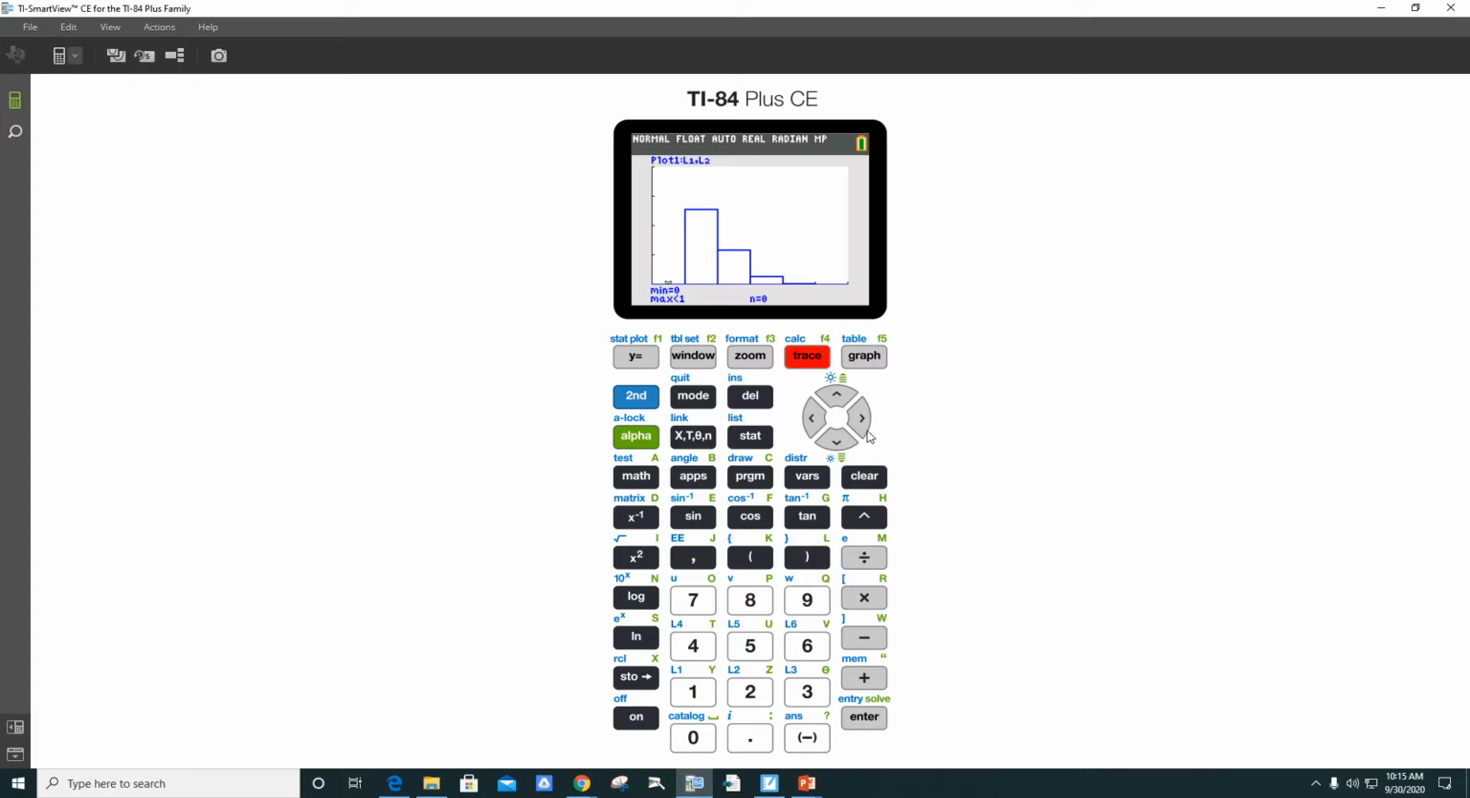If you hit the trace button and move across the tops of the bars, you can see that this includes 1 but not 2, and there's the percentage. This is 2 but not 3,